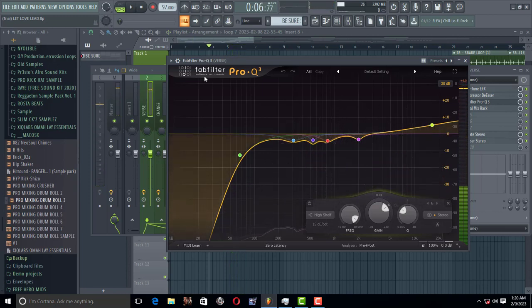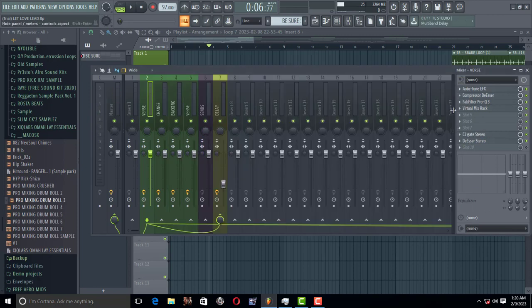Adds that ear candy, you know what I mean. So that's how you do it. And the other thing, I explained most of these things in the previous video, so I'm not gonna touch this area. The area that I'm gonna touch to add up to your cinematic vocal sound is this delay